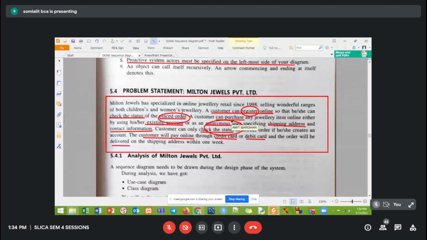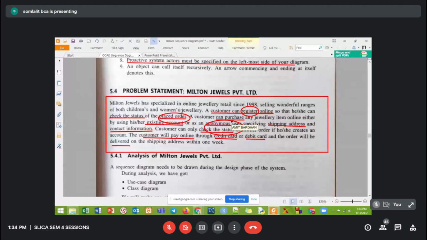One minute is already done. I hope all of you have read this.